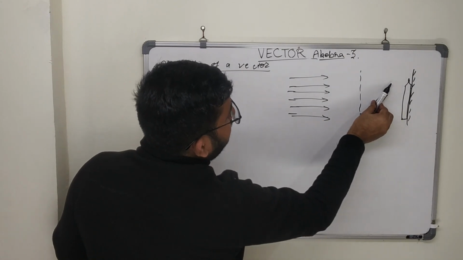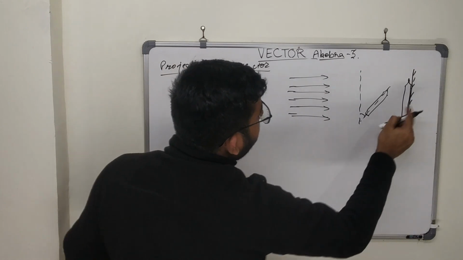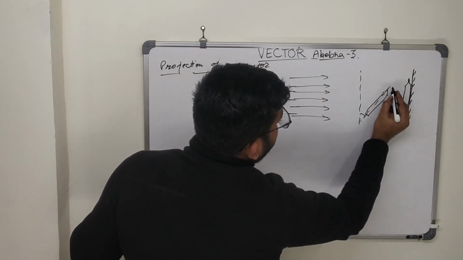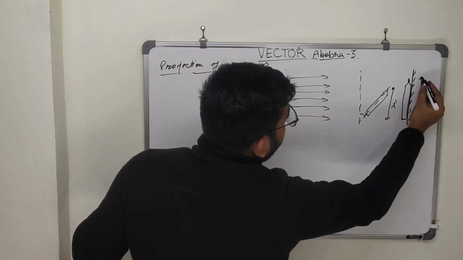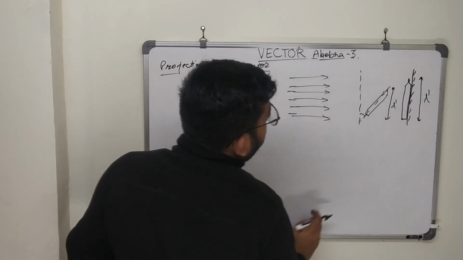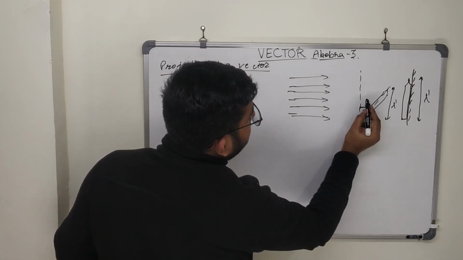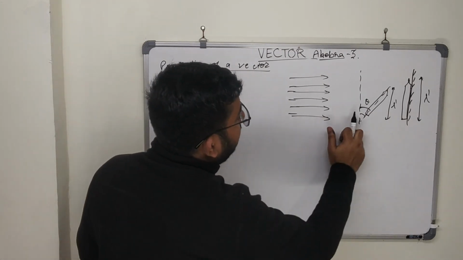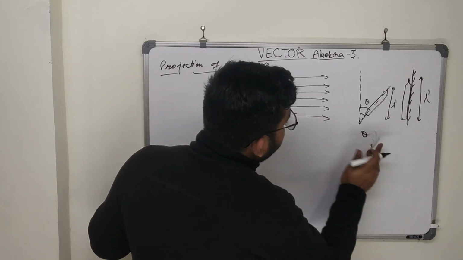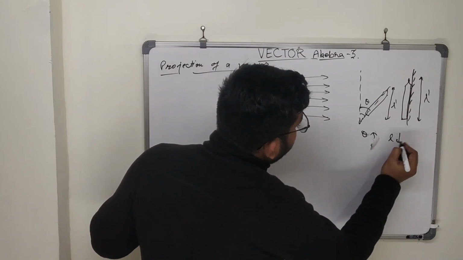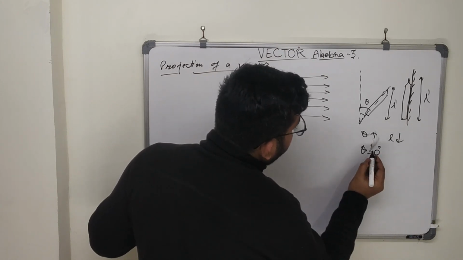So from this we can see one thing: when we shine light on it, its image will be somewhat smaller, that is of length L dash. Initially it was of length L, but now it will be of length L dash on the screen. Suppose that this is the angle theta. So as we increase theta, the angle between the vertical and the marker, L will decrease. In case theta will be 0 degree or 90 degree.